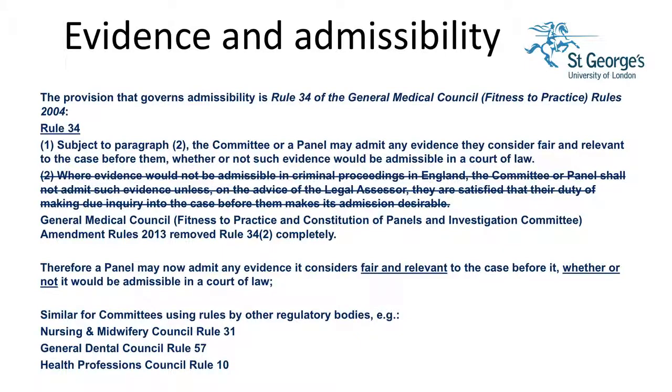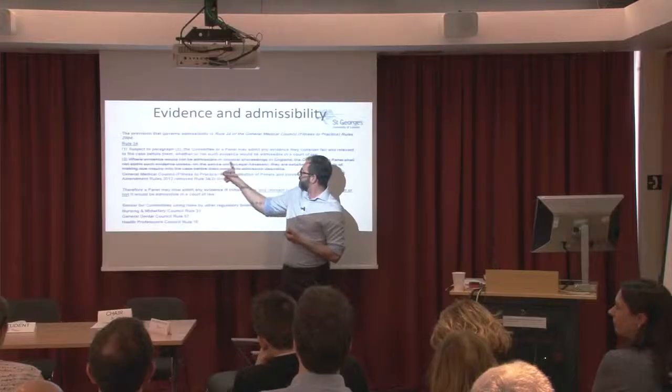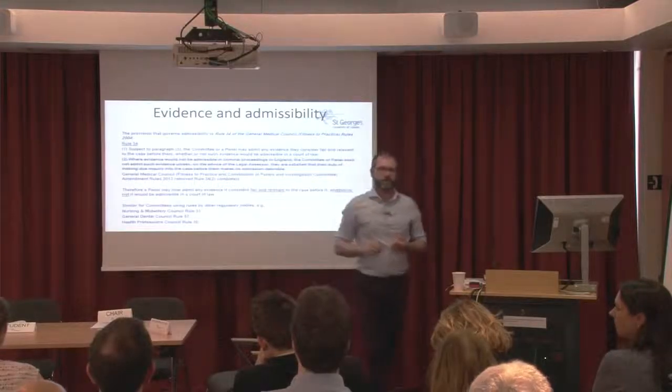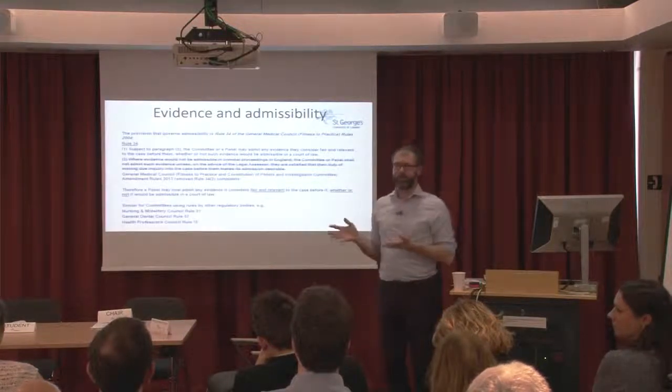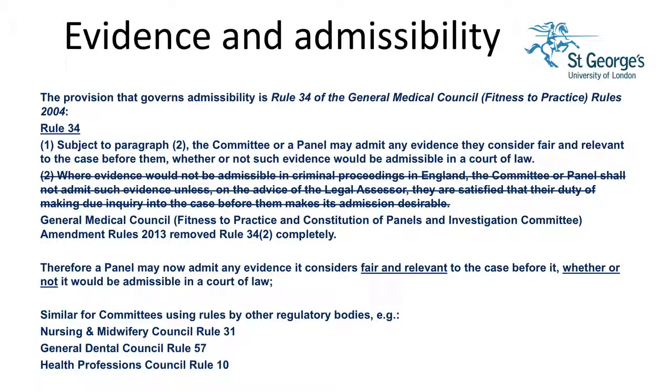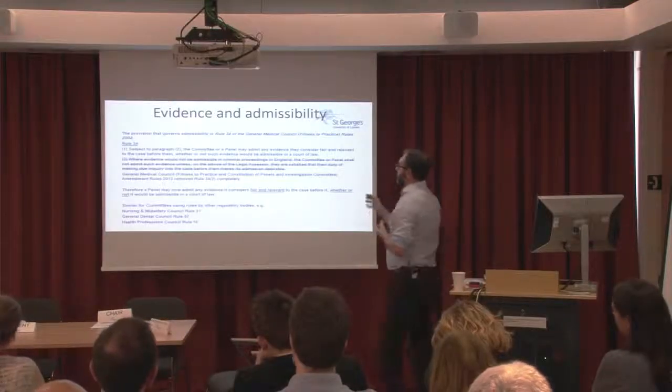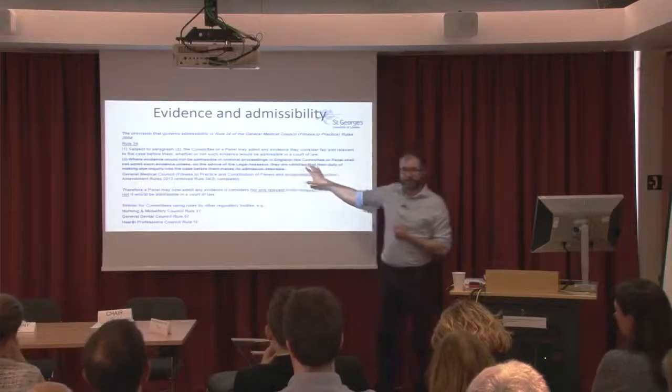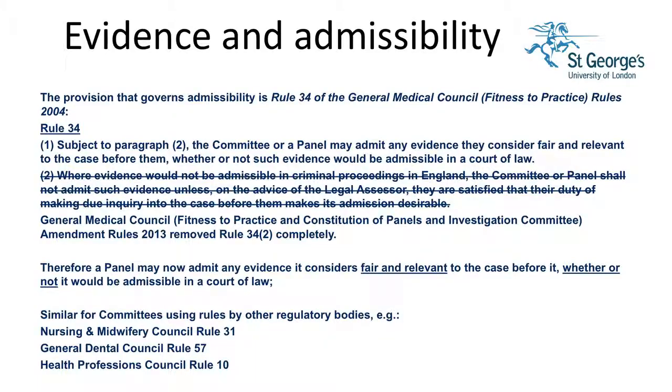So I included the General Medical Council Rule 34, how they address the issue of balance of probability and the quality of evidence. And I included the old one, and you'll see that in the old one, it was the criminal standard. So you had to prove everything beyond reasonable doubt, and your evidence would have had to be really, really good quality. And that's very impracticable for institutions like this one or any public institution to do. So it no longer is there, but instead we've got something that is called fair and relevant.